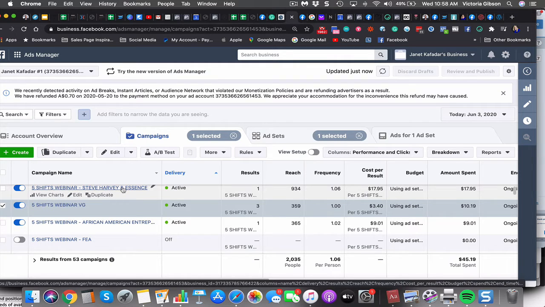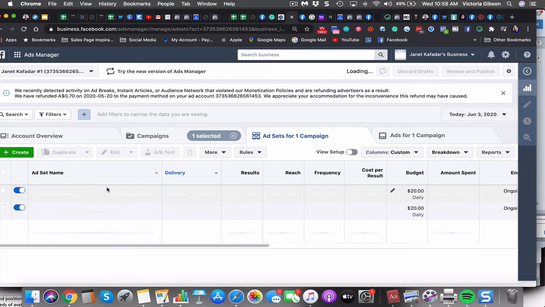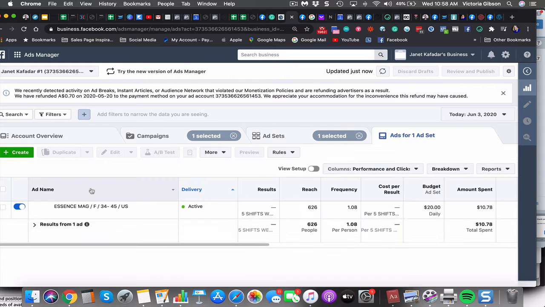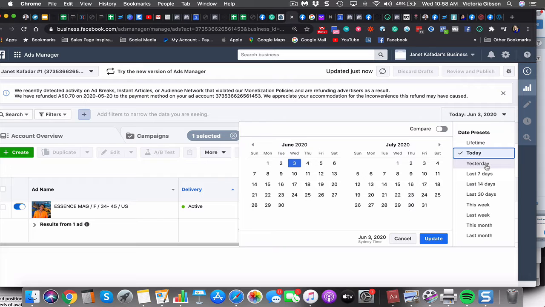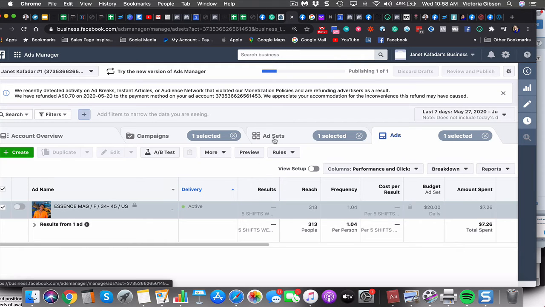So in this instance, this lead cost is too high overall for the campaign. So I want to drill down into the ad sets and see what's happening. Here I can see that we've already spent $10.78, no registration. So for me, that would go off. That's today. If your ads have been running longer, you can change the date and look at the last 7 days. We really haven't been getting any registrations there,